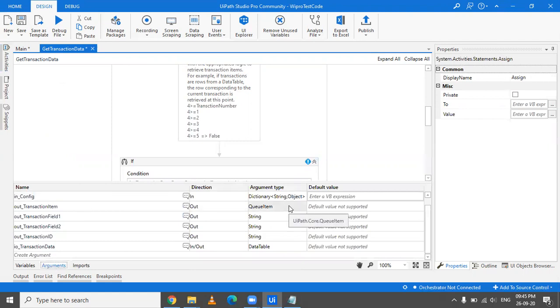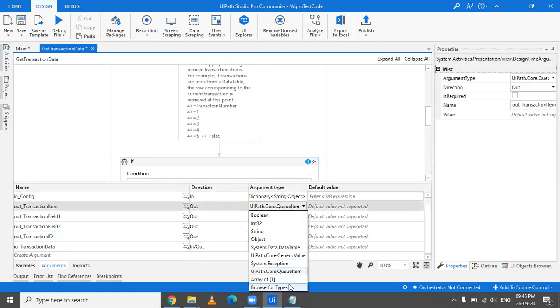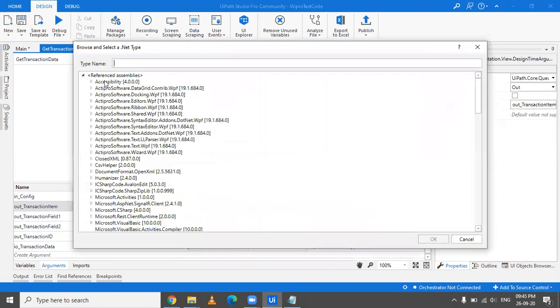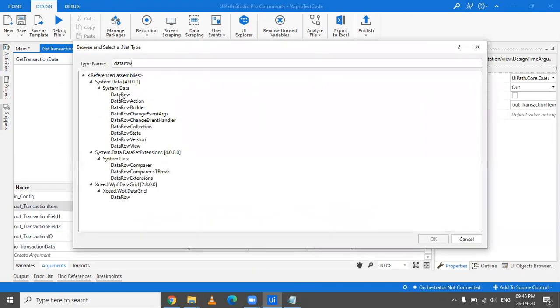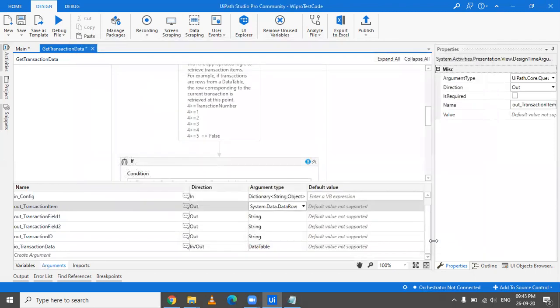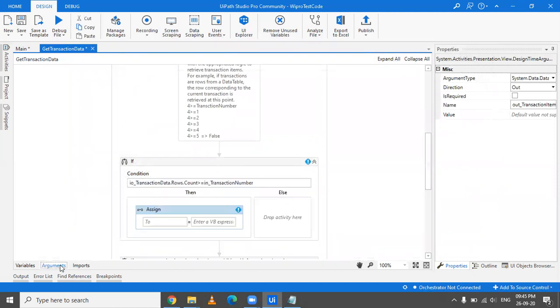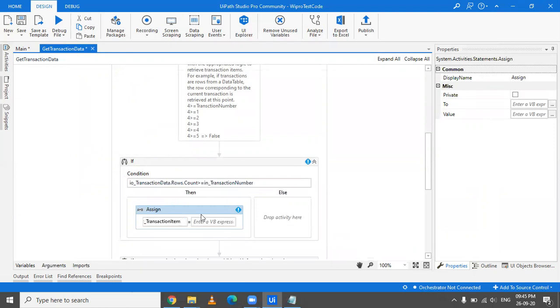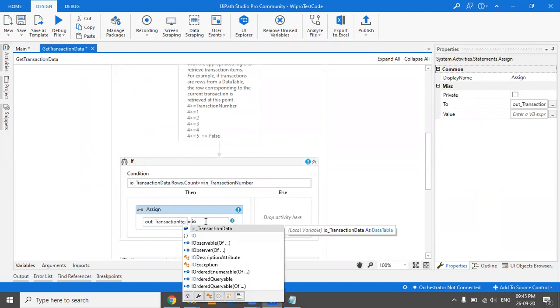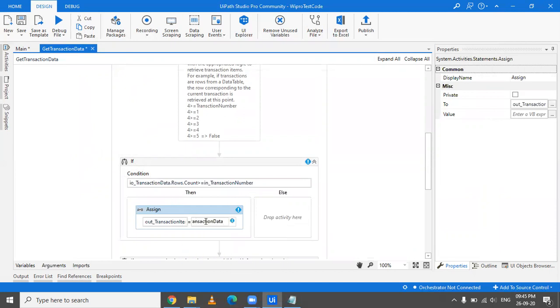So first you have to change the data type because you are playing around the data table. So what you get out of it is a data row and not a queue item. So queue item plays the role when you are iterating on queues. So I've changed the data type to data row, and now what you're going to do is that out transaction item would be IO transaction data dot rows,